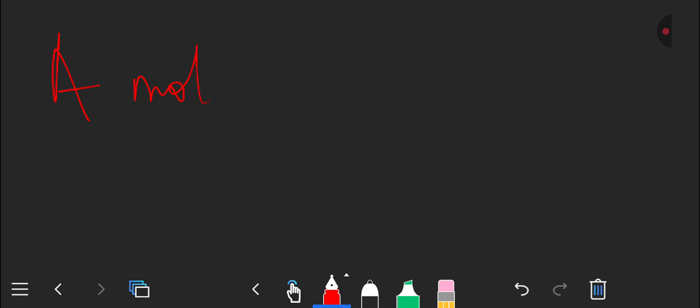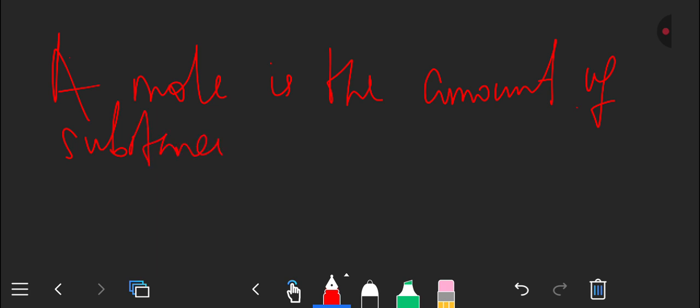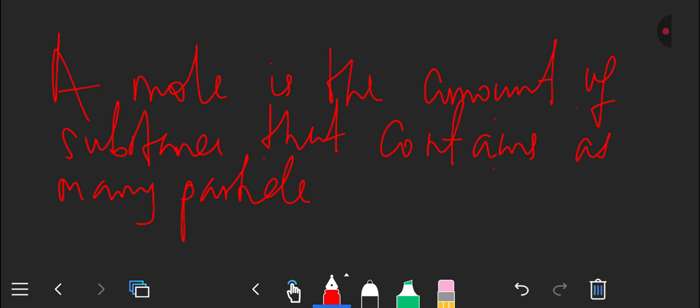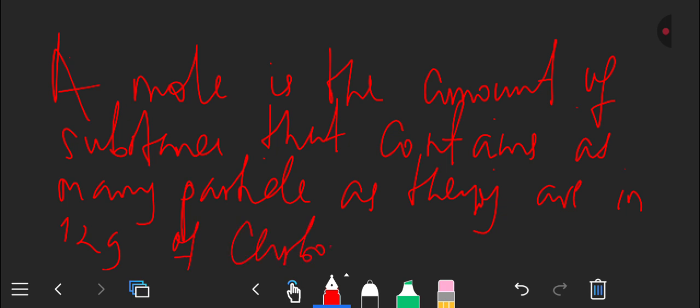So from this definition, we are saying that 12 grams